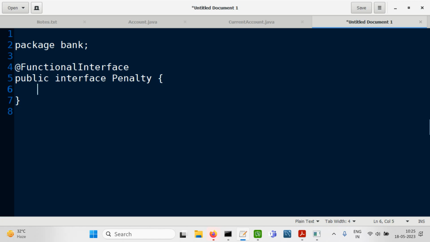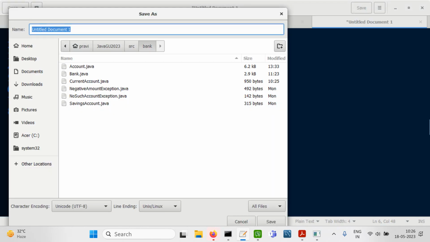And what do we keep in penalty? Compute abstract method. Okay, so we just need to declare one abstract method. Public abstract method, and it will return long. The name of the method is compute, and it takes two parameters, long minimum balance and long for the current balance. So this is sufficient, though we may need a few more things, but this is what was expected, and this is to be saved as